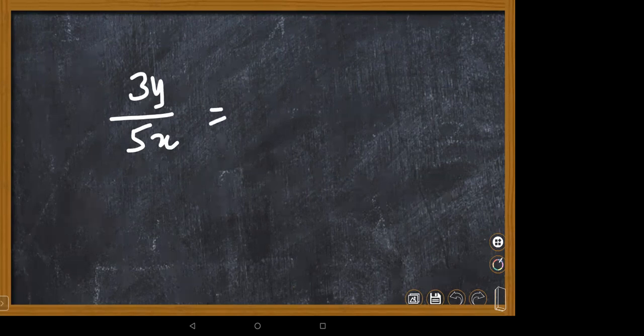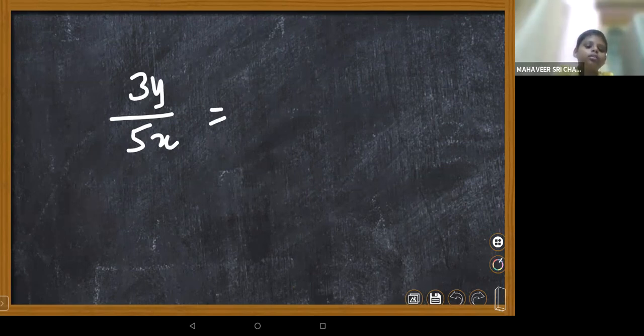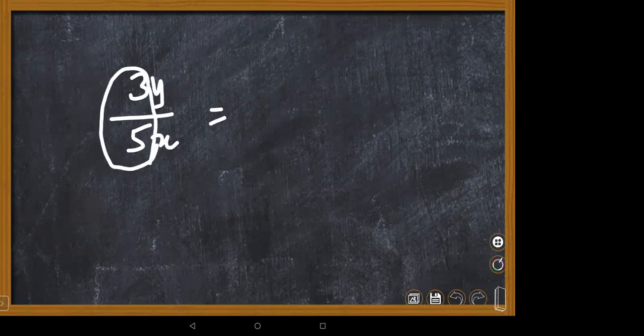They're asking about x or y, or only the numerical coefficient? Ma'am, only the numerical coefficient. 3 by 5, Nana. Yes, ma'am, 3 by 5. Very good. Suppose it is for x and y: minus 1 by 2 into xy.